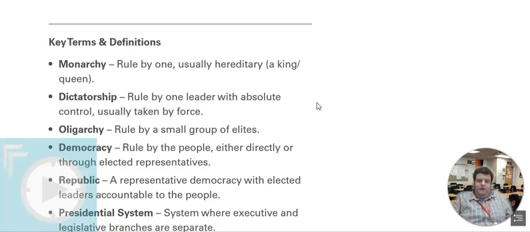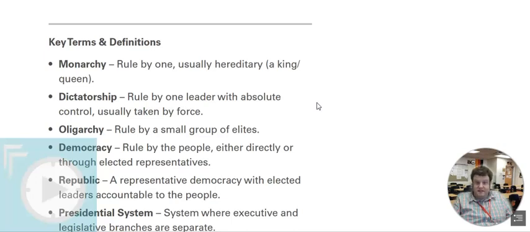First up is monarchy. This is rule by one, such as a king or a queen. I suppose you could also consider an emperor in a similar strain, but they are usually hereditary. That means a family rules it and it is passed down through the family, through the ages and generations. Probably the things you're thinking of are the medieval ages, or perhaps the kings and queens of the ancient civilizations. But I believe Thailand would be another modern example.